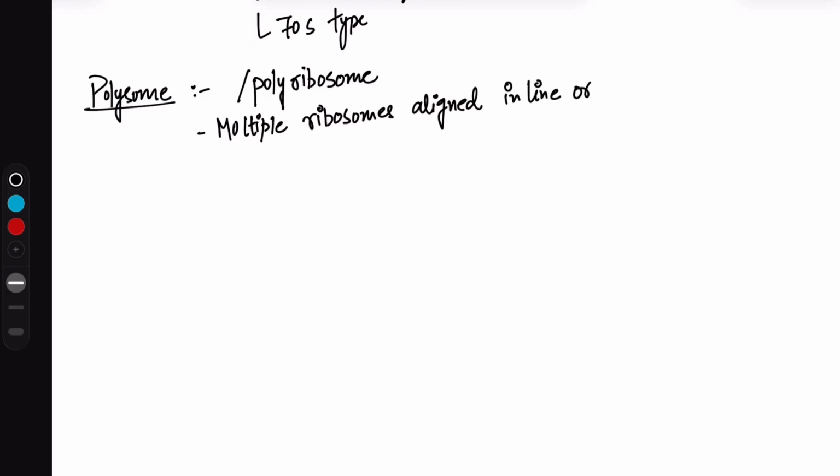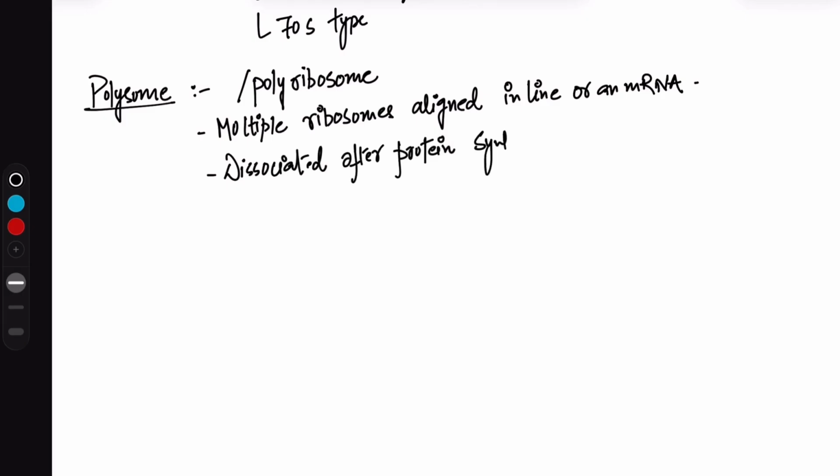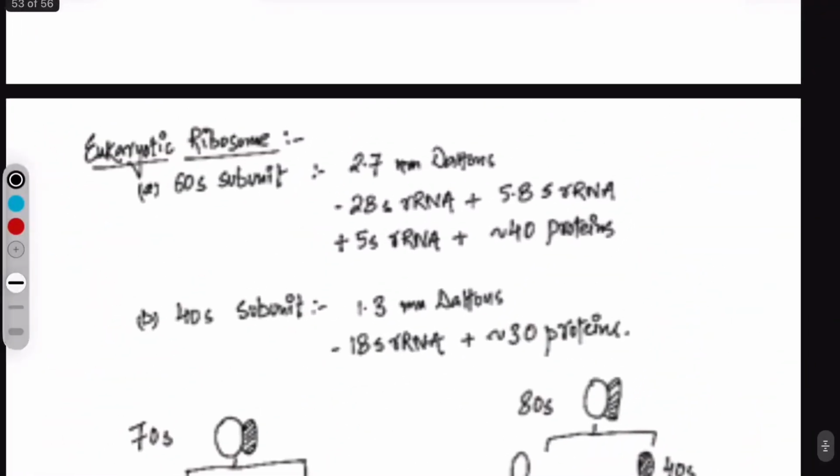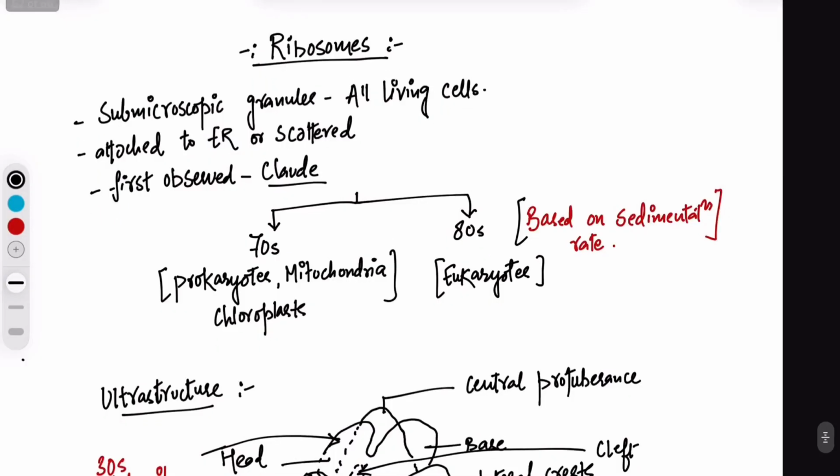Also, these ribosomes are dissociated once the protein synthesis process is over. It means it is a temporary structure which is formed when protein synthesis is taking place, and once it is over, it gets dissociated. So this was all about